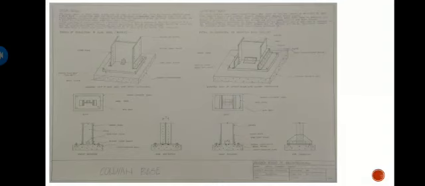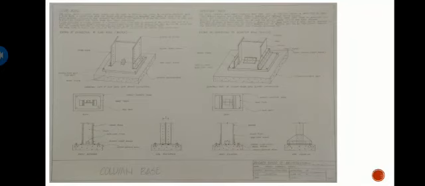Coming to the seventh topic, that is design of column base. The purpose of column base is to distribute the load of a column on a greater area so that the bearing pressure on concrete on which the steel column stands is not exceeded. Thus, a column base transfers a load to concrete foundation which in turn transfers the load to supporting soil. So, the types of column bases are slab base and gusseted base.